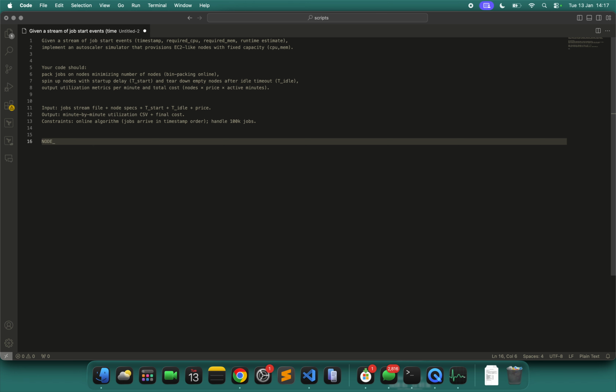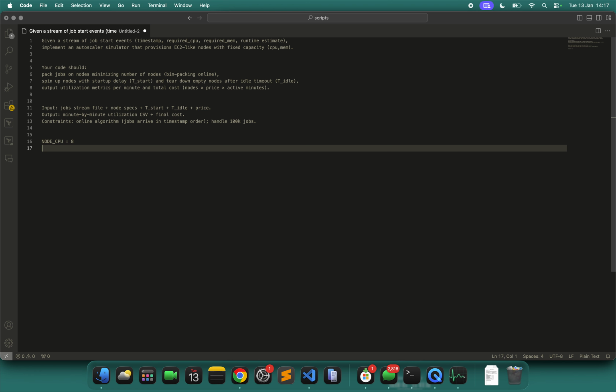Let's suppose node CPU, and then we have node memory, node mem.